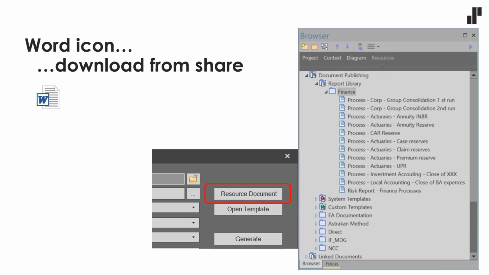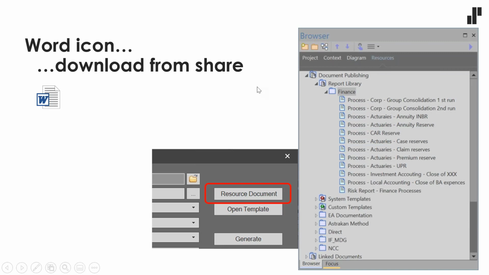So by auto-generating them, I don't know if you're using this, but the resource document up here, if you click that, you set this up to generate the document you want, and you click resource document, and then you write like process, corporate, group, consulting, first run. So this will operate on this process and generate a specific file with a specific name as you have entered here. And then you go to the next process and you set that up and so forth.